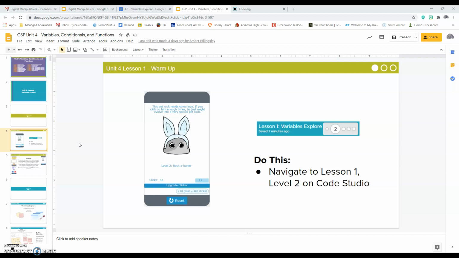This might be a little bit longer video. I can only do 15 minutes on the Screencast-O-Matic that I'm recording. So I may have to break this up into 2 different videos, which may end up helping you guys in the long run anyways. The very first thing on the slide says navigate to lesson 1 on level 2 on